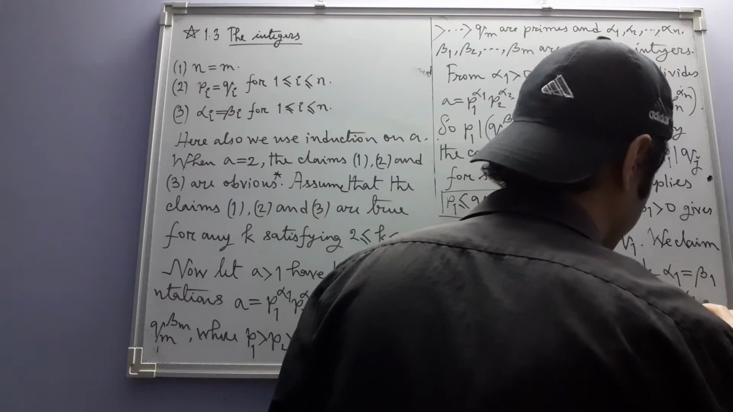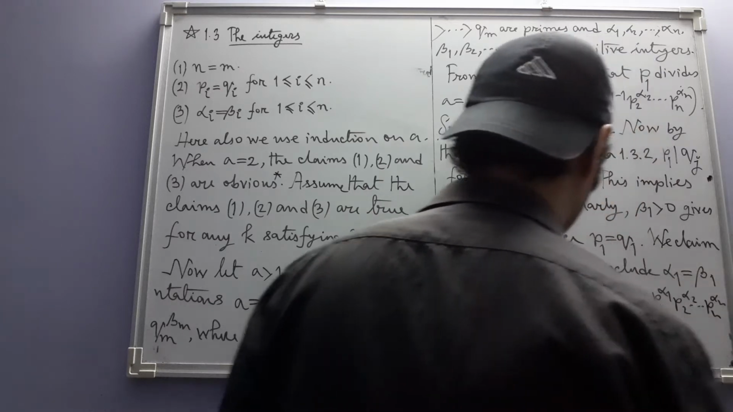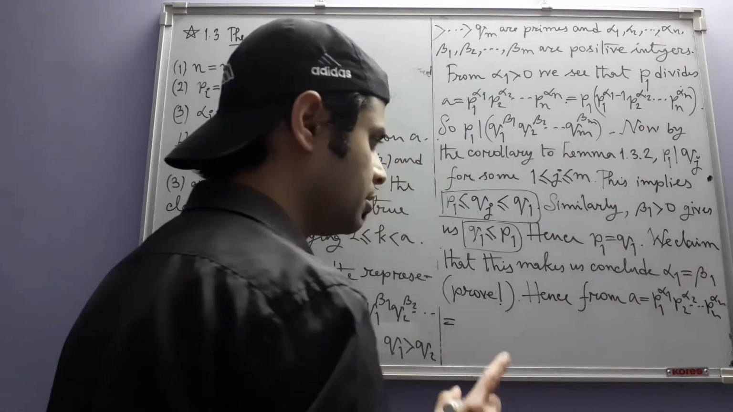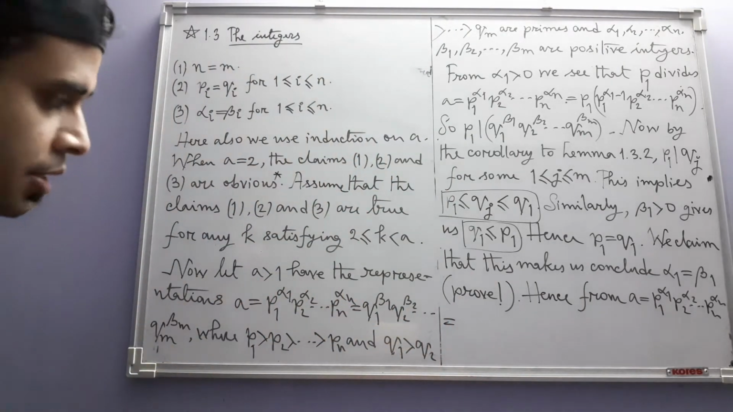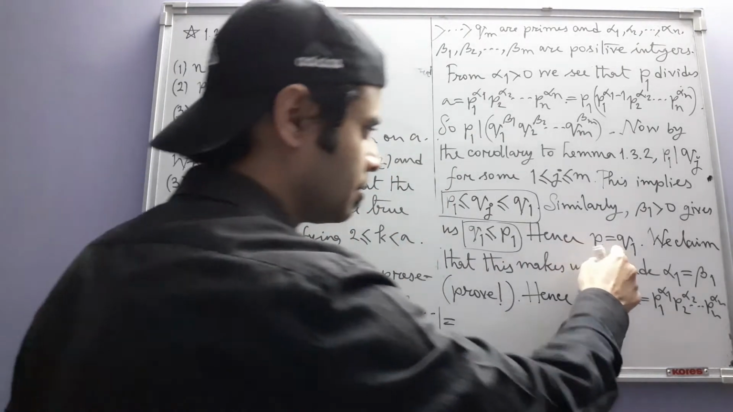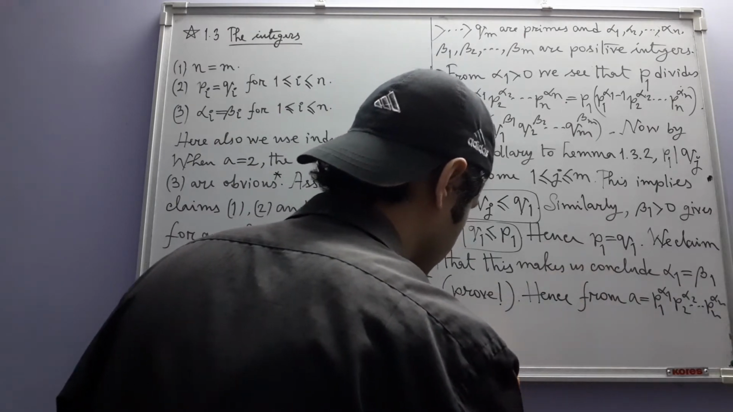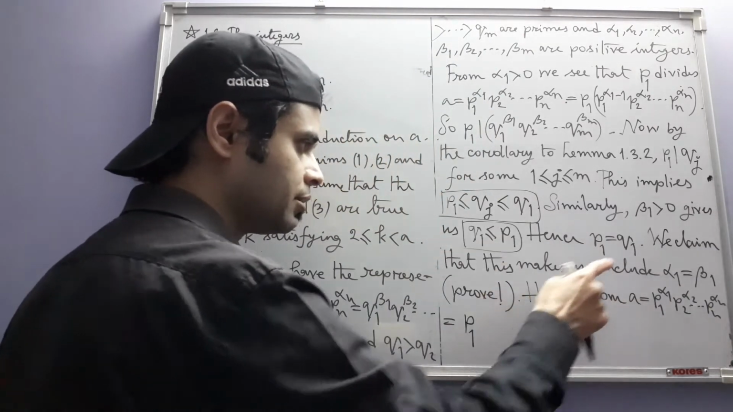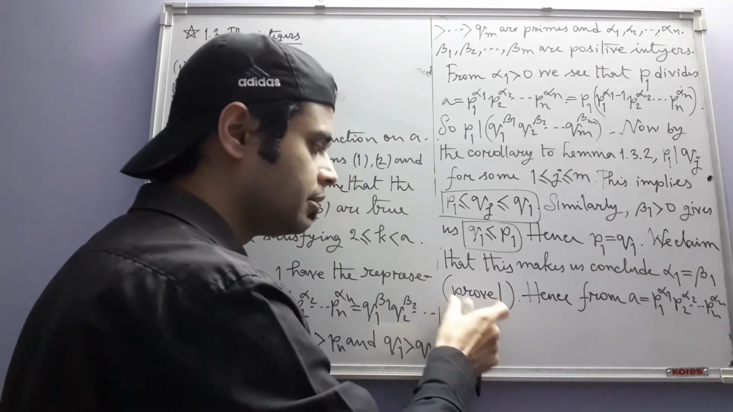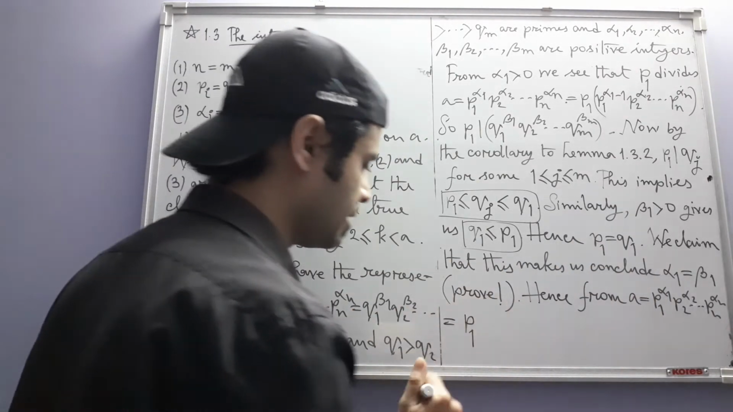alpha 2 up to Pn to the power alpha n, which is also equal to Q1. But now in place of Q1 you can write P1 because we have proved this. And in place of beta 1 you can write alpha 1. This is yet to be proved, but for now we assume